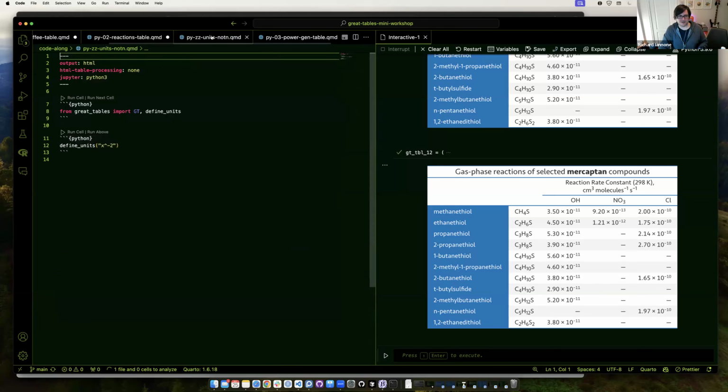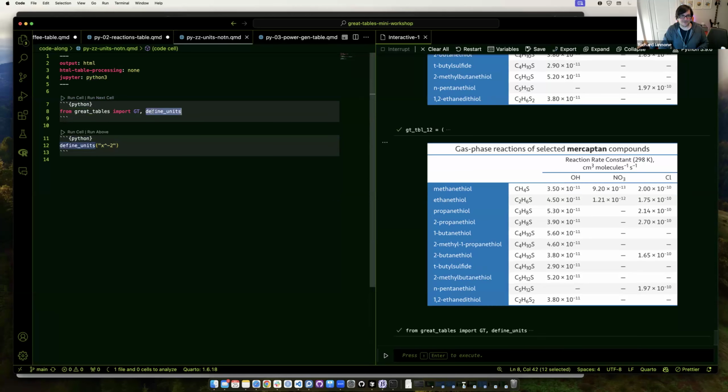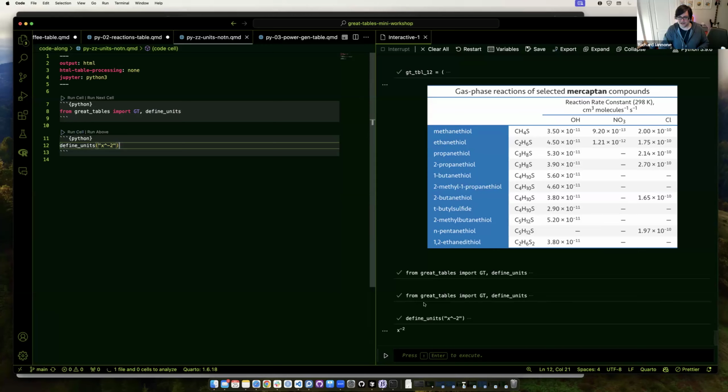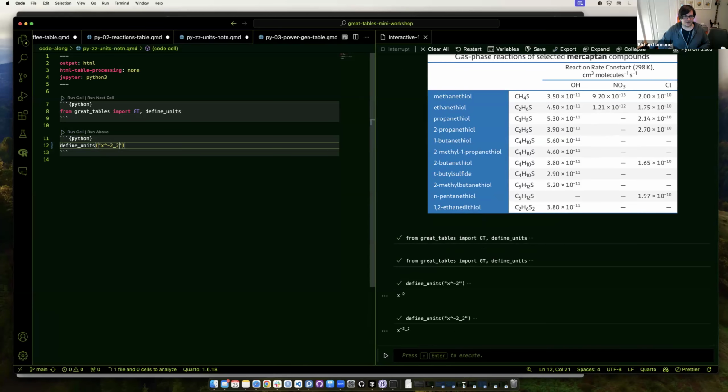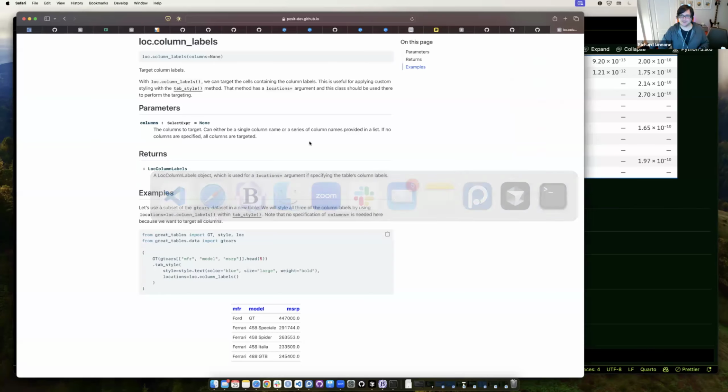on. Also, I want to show you, I shared a little bit in the chat about the units notation. You can actually run this function from the package. You can import define_units and play with it, and you get it interactively printed out. You can do cool things like this and that, and you have to do underscores first because you see what is going on and how to define units. And there are many more examples on the page,